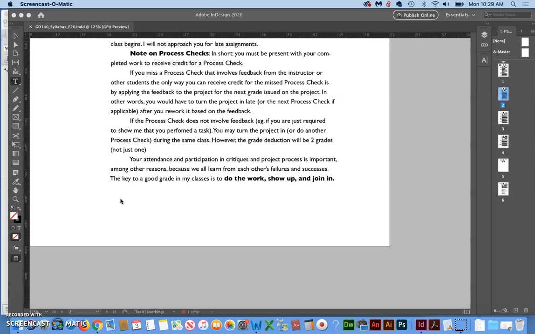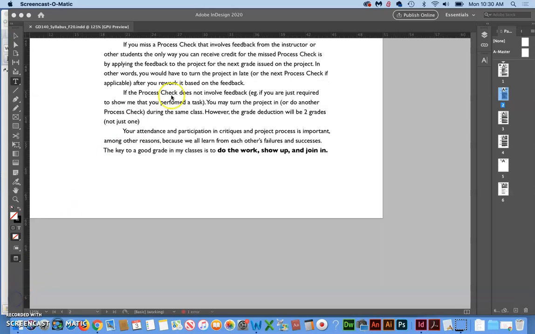So the smart way to do it so that you don't end up getting a 0 in your grades would be to turn the process check in late, take the late grade, that's only -4 points, and then turn the project in the next preparation, the next class. You'll lose 4 points on that, but losing 4 and 4 points is much better than losing a full 40 points.